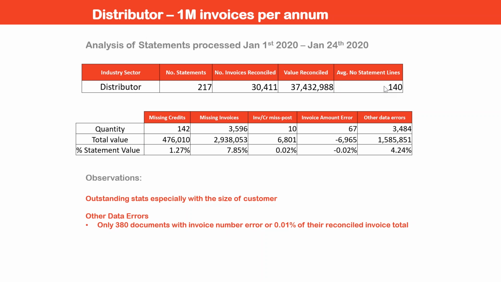But I think these are very low percentages. Other data errors, which is where you've got invoice numbers, dates and currencies, it's like 0.01% of the reconciled invoice total, which is really low compared to the other ones. And then the next one